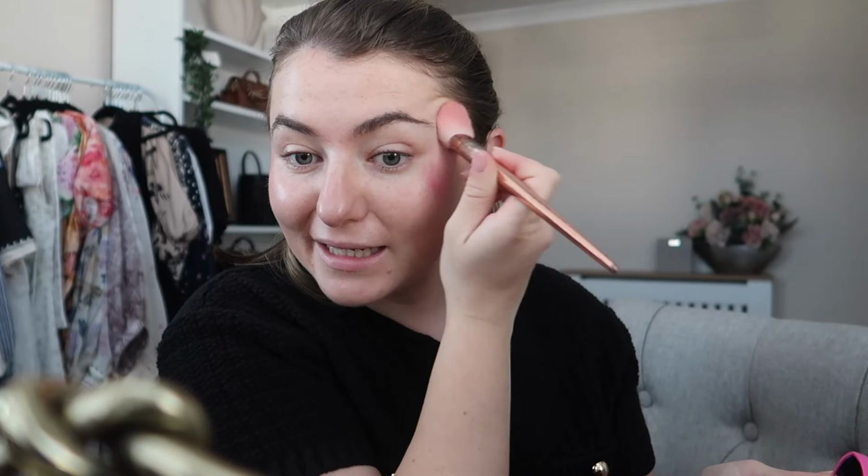I do really adore, actually I might use this today. I do really adore that colour. This is a little bit more like bright and it really helps, although maybe I should use this if I'm looking so pale. No, I'm going to use the Bobbi Brown today, and I really like it if you just want a little bit of a flush of colour on your cheeks, yet you want it to be really natural, you want it to look really glowy. I just apply it with a little brush and basically just kind of blend it in up my cheekbone, and it really helps with regards to giving you that like natural glow,